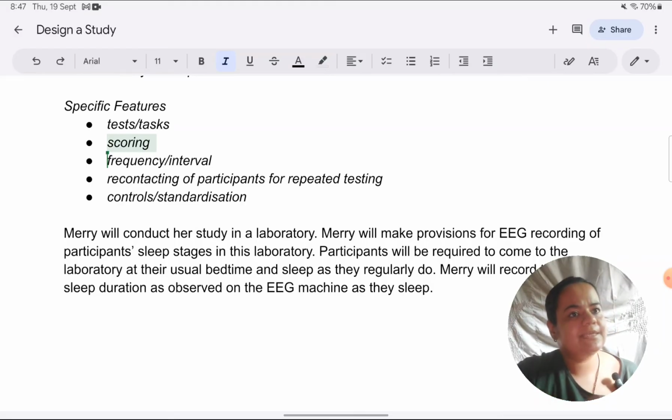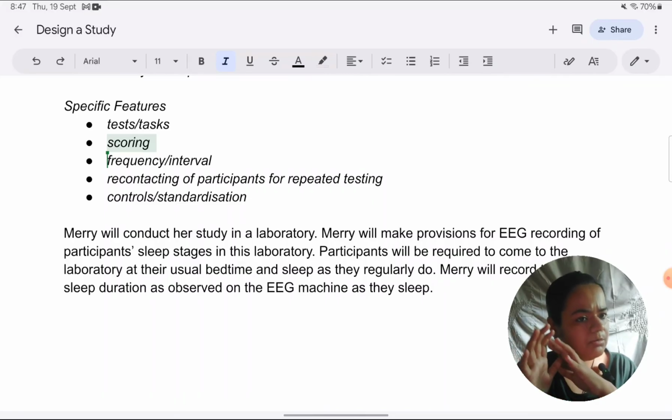Here, as far as scoring is concerned, they are not giving a test as such for which they should be scored. But of course, Mary needs to record the duration of REM sleep. So just to make it operationalized, I would specify that she would record how many minutes they are spending in REM sleep. And because we know from the Dement and Kleitman study that REM sleep occurs repeatedly, in one session of sleeping there are many stages of REM sleep in various sleep cycles. So that is why I will specify that she will total or sum up all the minutes they have spent in the various REM stages that they have gone through throughout the night.